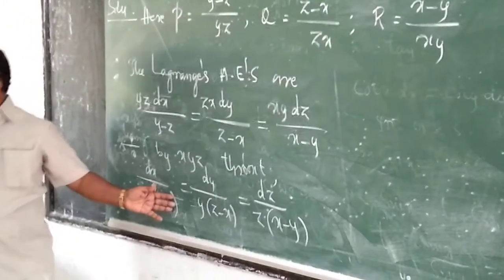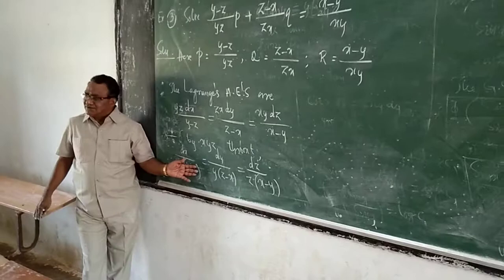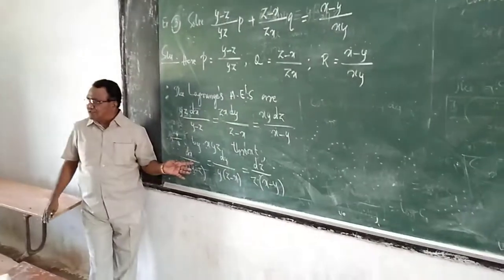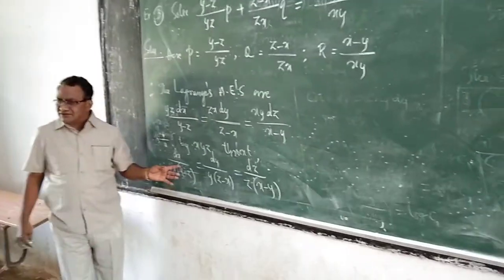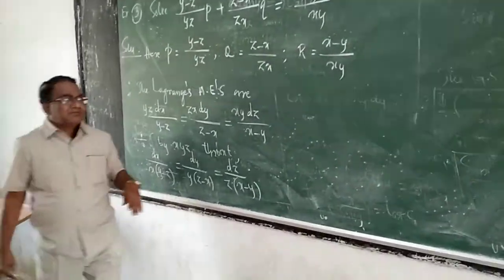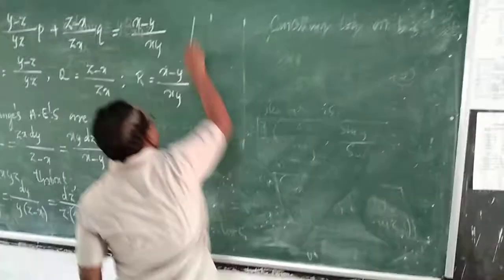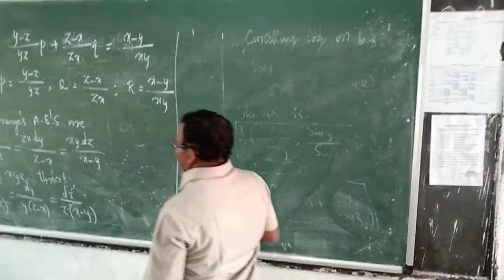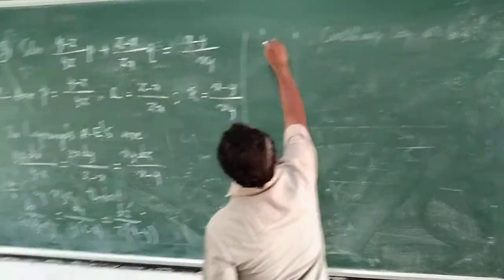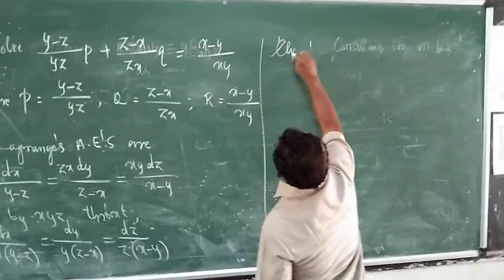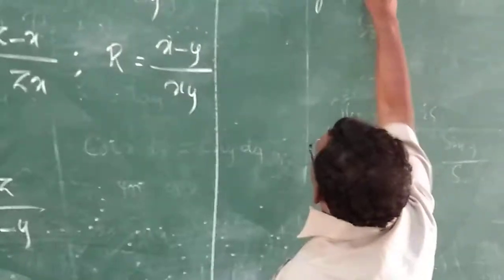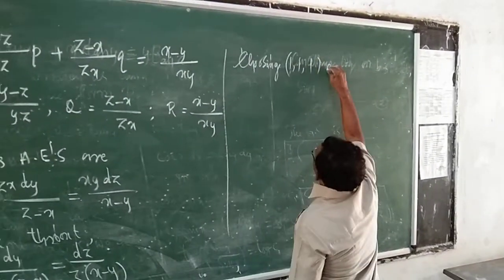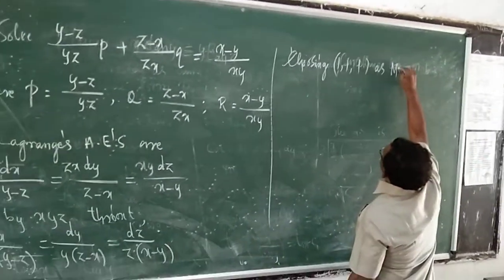Even here also you cannot solve this by the first method. So go for the second method, that is by choosing the multipliers. Choosing 1 comma 1 comma 1 as multipliers,